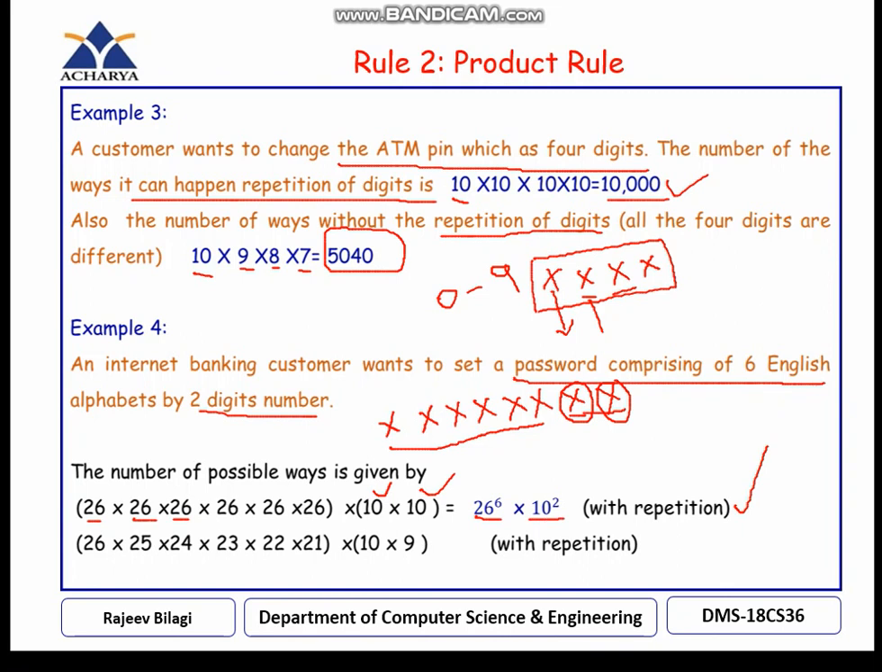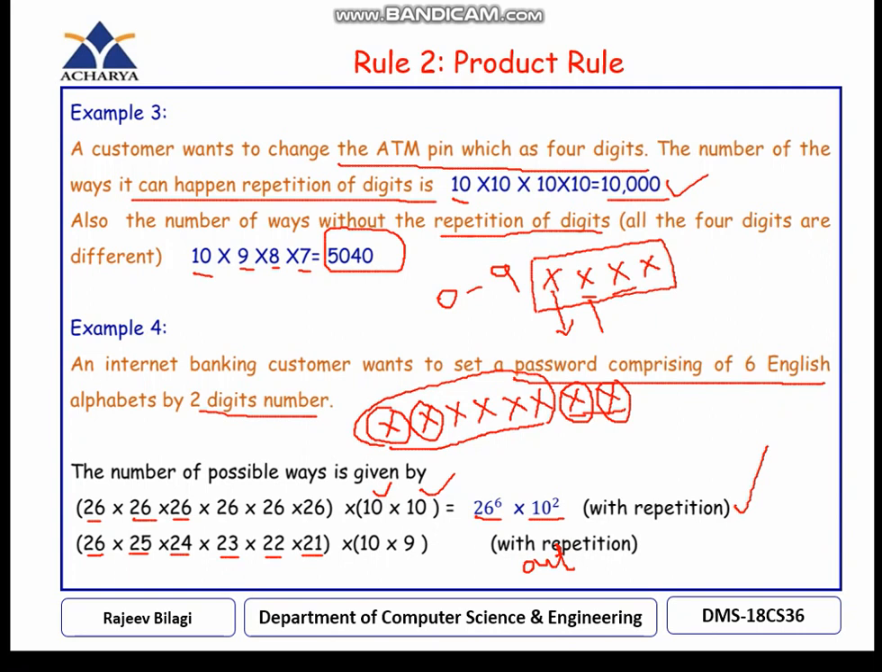Now, with repetition, this is without repetition. So without repetition, first number, as I told earlier, is 26. One number is already taken, left out is 25. So this also you have taken as 25. Remaining digits are 24. Like this you will complete till this part, which is 24 into 23 into 22 into